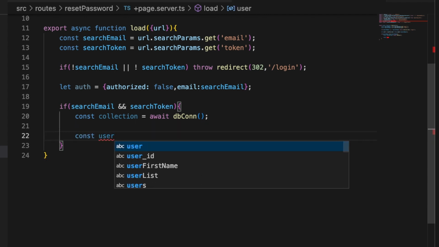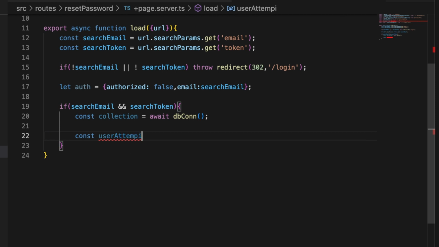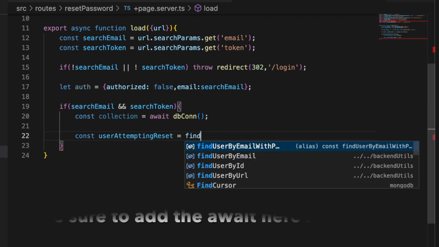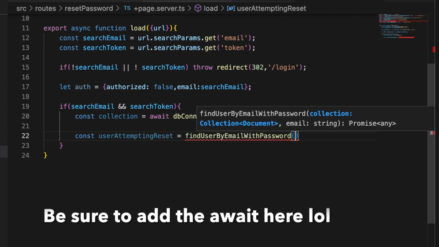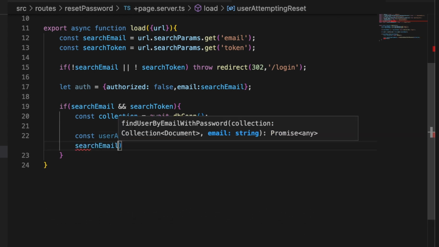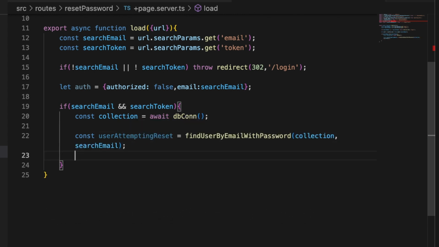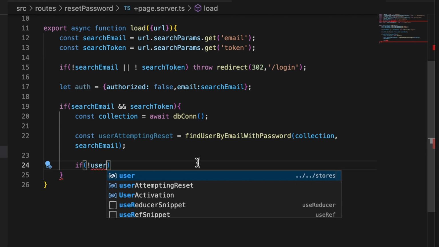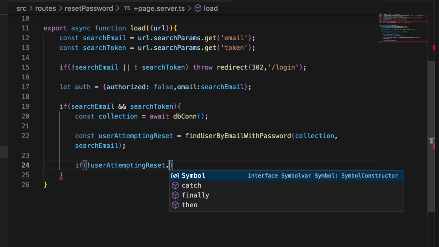So const user attempting reset equals find user by email with password, collection, sending the collection and the search email. The very first thing that we need to check now is to make sure that the reset timer has in fact been set. Let's go ahead and do that by saying if not user attempting reset dot reset timer,